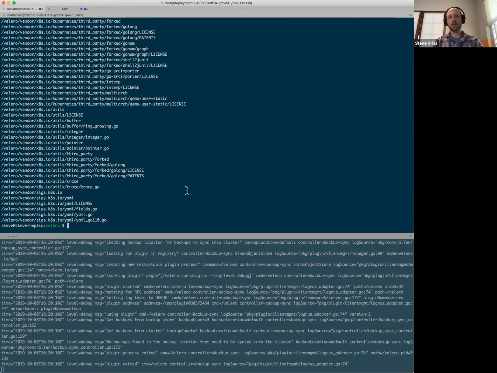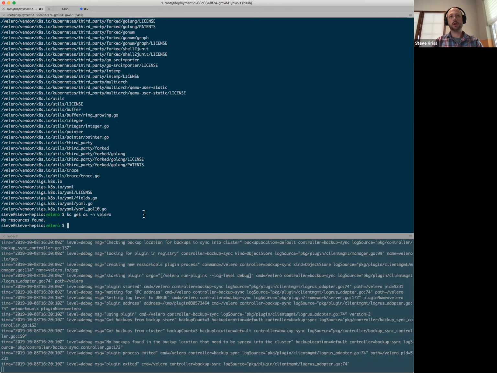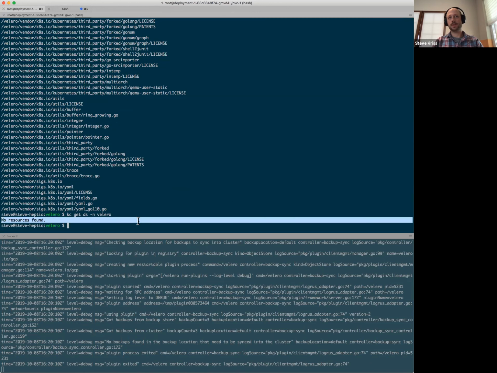There is no longer a daemon set. If you look at what's running in the Velero namespace, there's no Restic daemon set. Instead, the volume snapshotter plugin spins up an on-demand worker pod, which is specifically scheduled to run on the appropriate node.